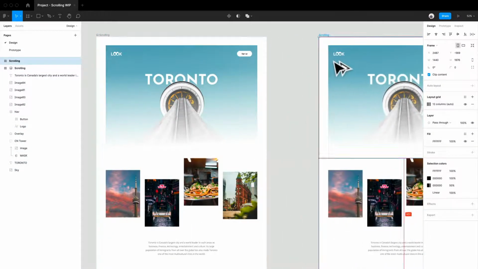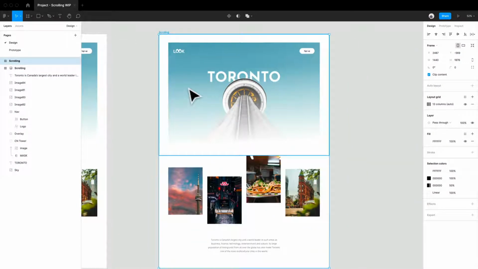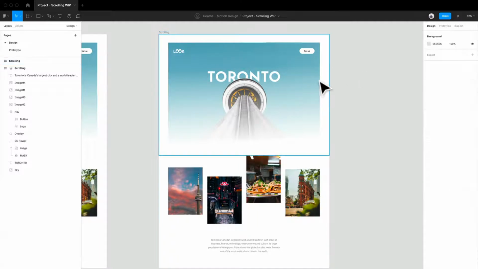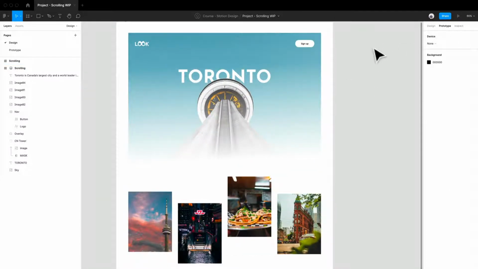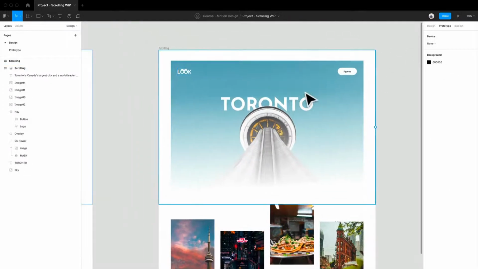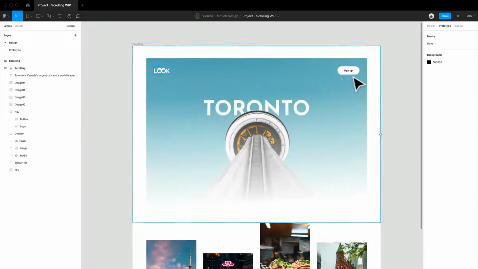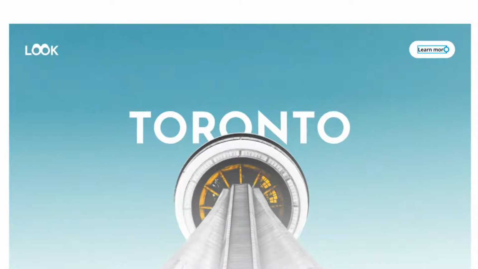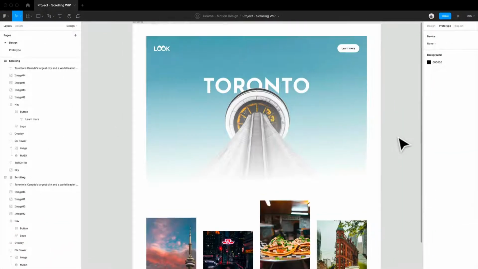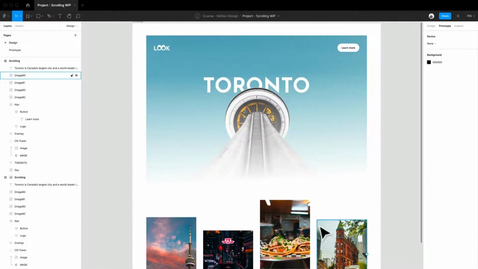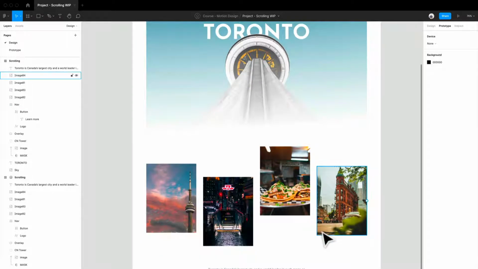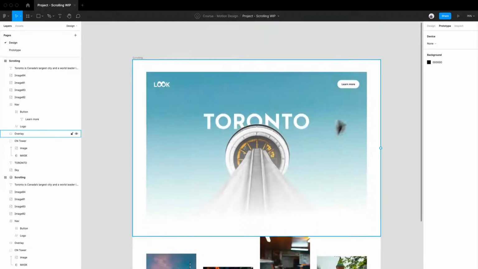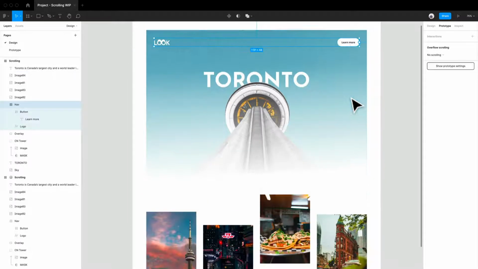If I wanted to just create something really simple, I could just go here to my prototype panel. I just duplicated this page, so any which way you feel comfortable duplicating that. I changed this to learn more. If I wanted to connect a button to go down to this content, it's super easy to do. And the way to do that is to